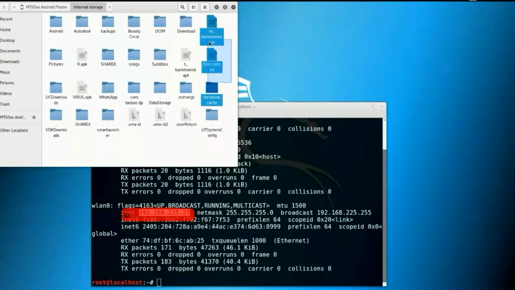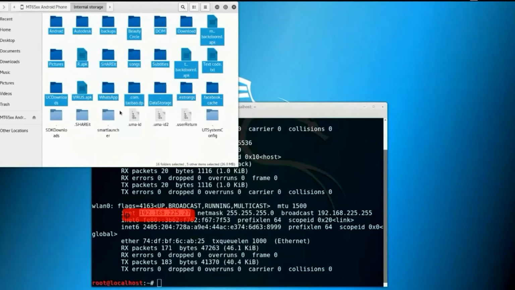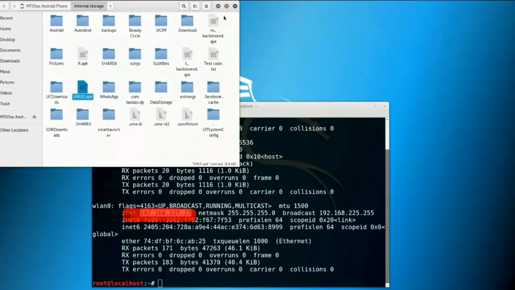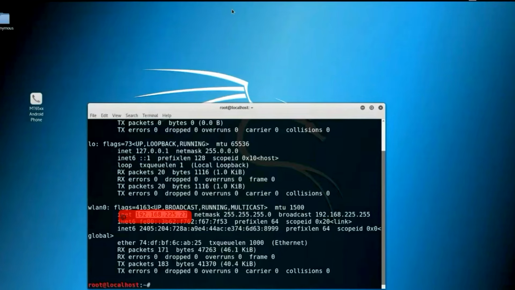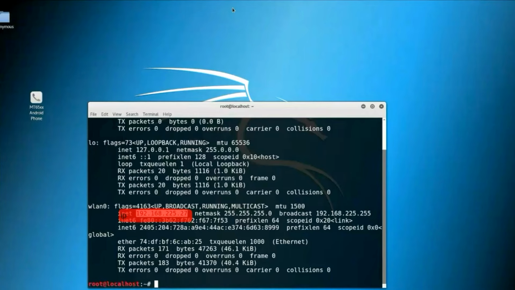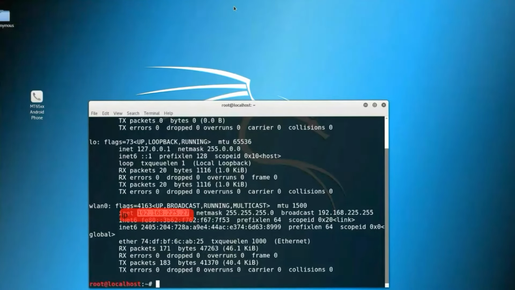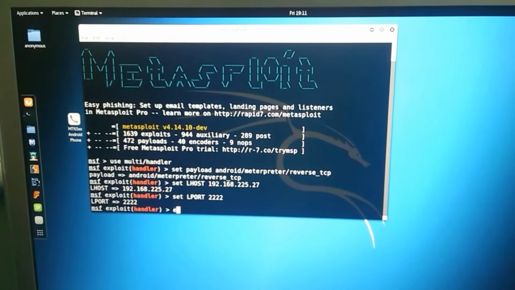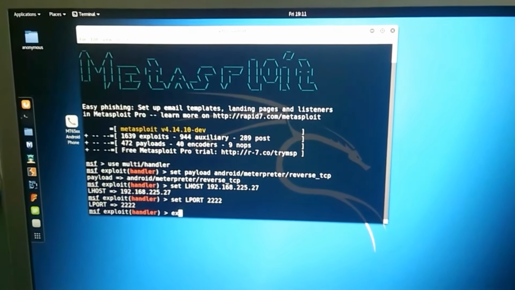So I have successfully put my app here in his internal storage. Now when he installs the app, he will be affected. Let's see. Now you have to type exploit.